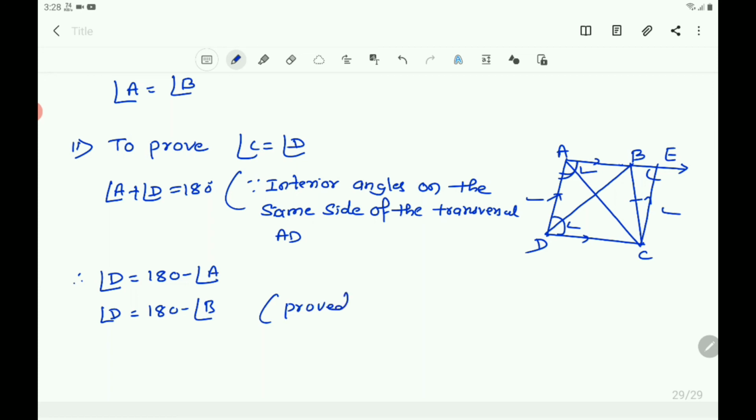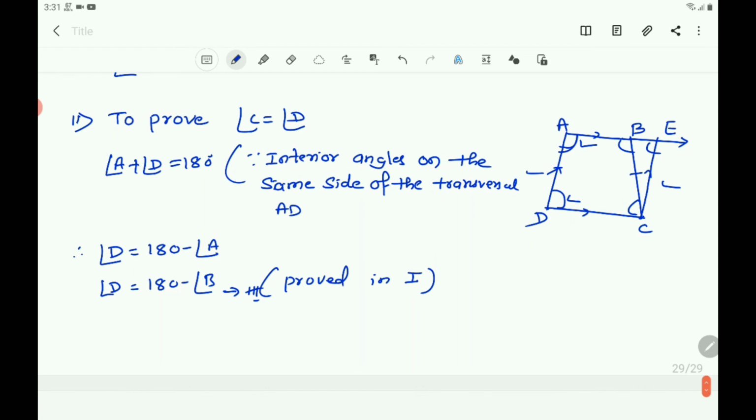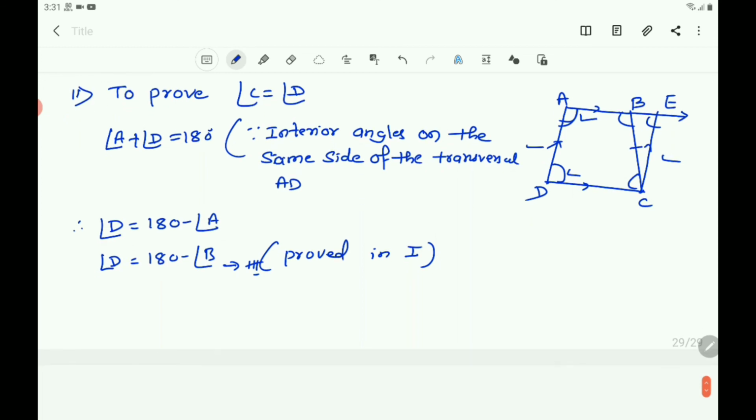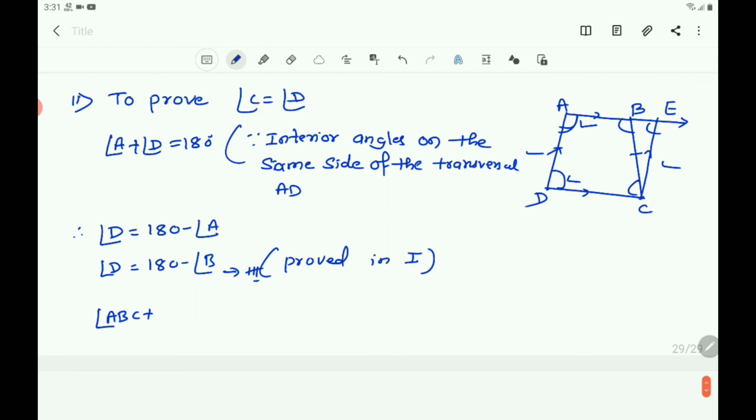In the first we proved that angle A equals angle B. Therefore, in place of angle A, you can write angle B. So you proved angle D equals 180 minus angle B. And also, you know that angle B means angle ABC, and angle ABC plus angle C, where angle C means angle BCD,